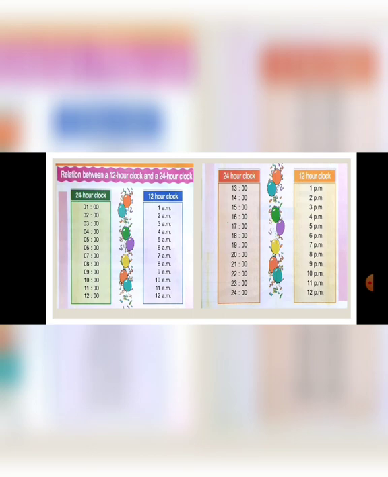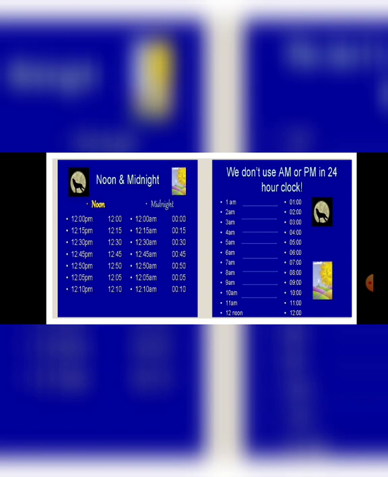Understood the difference between writing the time of the 24-hour clock and the 12-hour clock? Now see, the noon time in the 24-hour clock and 12-hour clock is written like this. In noon time it is written like this: 12 PM, so 12, 12:15, so it is 12:15, then 12:30 PM, so it is 12:30. Means as it is in the 12-hour clock, the same it is in the 24-hour clock.